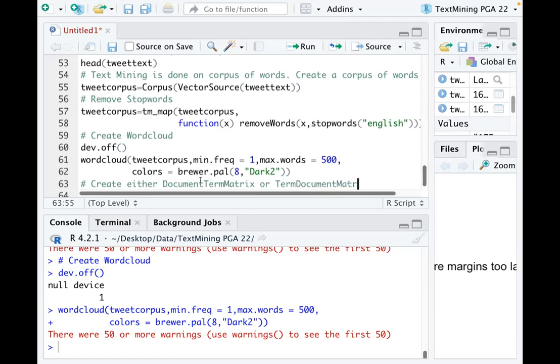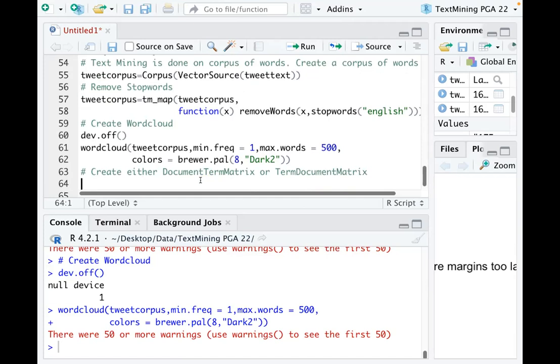You have to create from the corpus either document term matrix or term document matrix. Term document matrix,